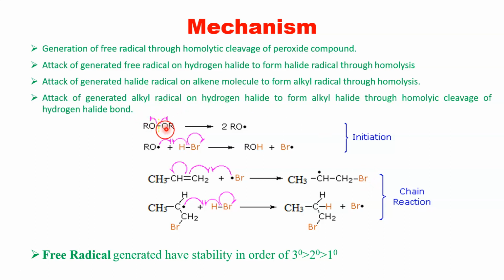And why are all these things happening? These things are happening due to this peroxide. If there was no peroxide, this reaction would have gone through the Markovnikov rule. But due to peroxide, it forms a free radical which gets attached to a CH2 and forms a secondary type of free radical, which has greater stability. And this anti-Markovnikov addition proceeds via a free radical mechanism. So from the mechanism you might have understood by which mechanism it proceeds.